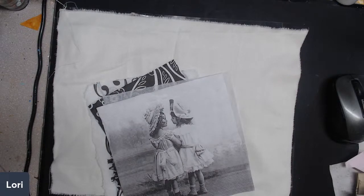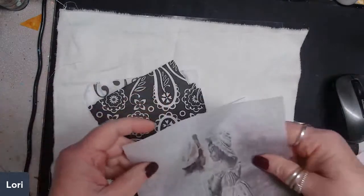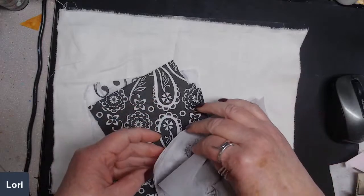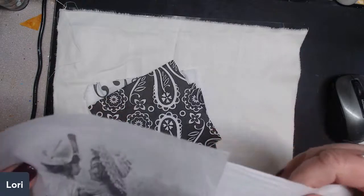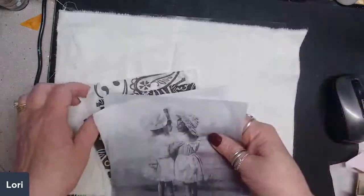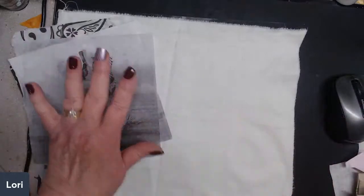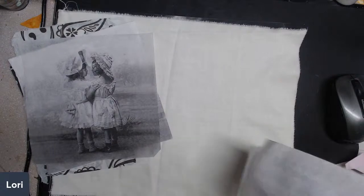And today we're going to make fabric paper. So I'm just going to muddle through a few napkins that I have here while I wait for some of my guests to arrive. I don't know that I'm going to use what I have pulled out. Just trying to get maybe,